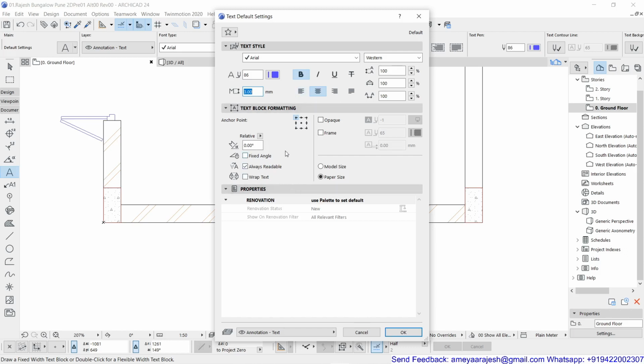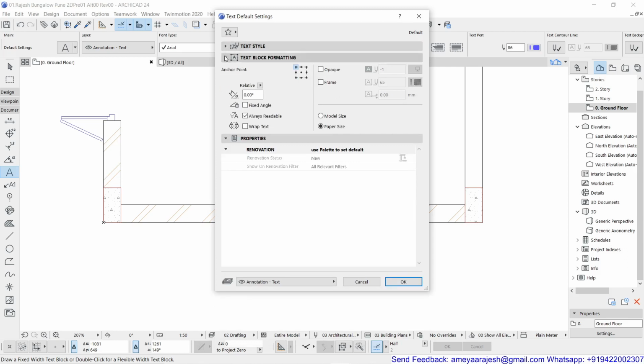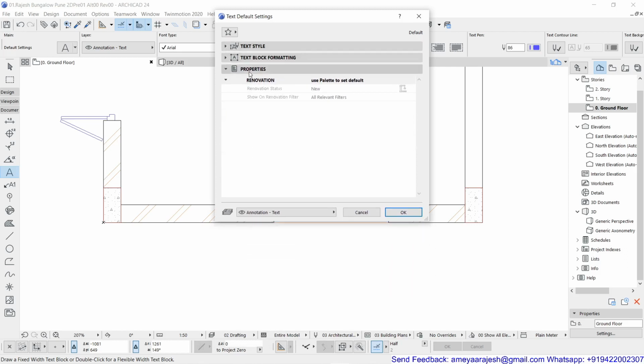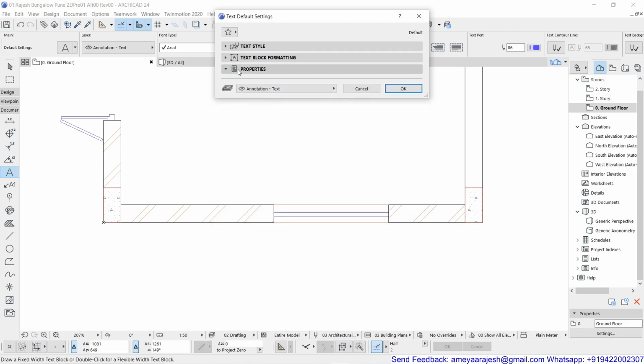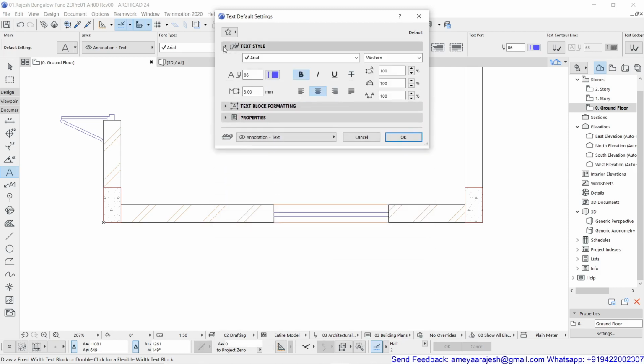So not going to be much difficult, but let's try to do this step by step. The text style, this is the first rollout, this is the second rollout, text block formatting, and there's one more rollout, properties. So we are not interested in properties rollout, we'll just go for the text style option first of all. So I'm expanding this rollout, and you can see Arial is the font type which is already chosen.